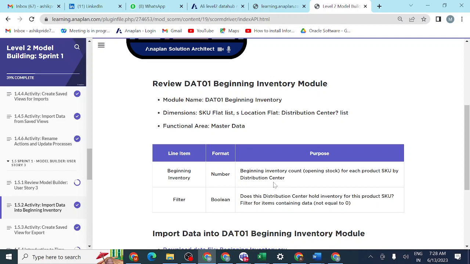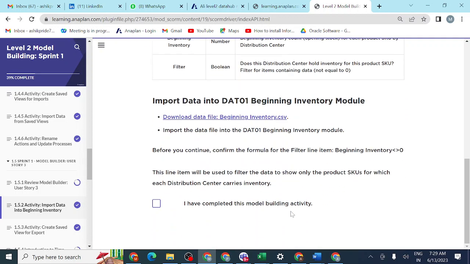So we need to calculate this one. Filter asks, does the distribution center hold the inventory for this product SKU? It will check whether the product exists or not. If it does, it will provide yes, true. Otherwise, if it is 0, it will give a false statement. So you can see here, you have 2 line items.